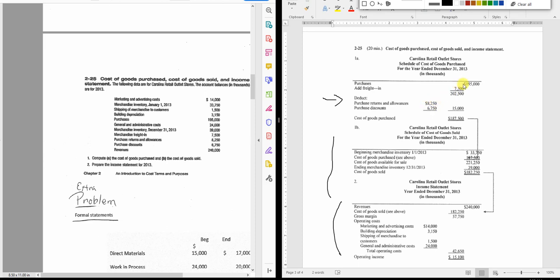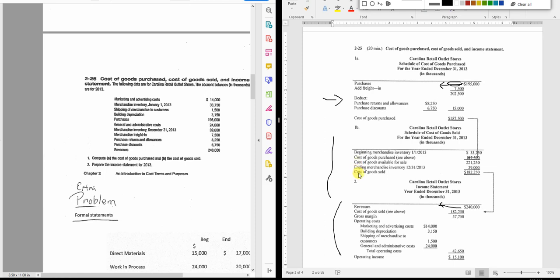Another thing I need you to know is this needs to be moved over. It didn't copy right. So the 195,000 goes right here. And then obviously this is kind of messed up there too. And the 240,000 needs to be moved over so those numbers are lined up. So basically, I have my format of beginning inventory plus purchases equals available for sale minus ending inventory is